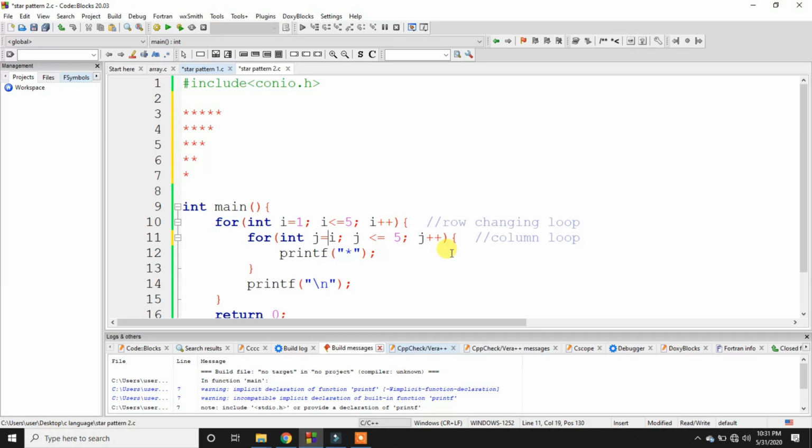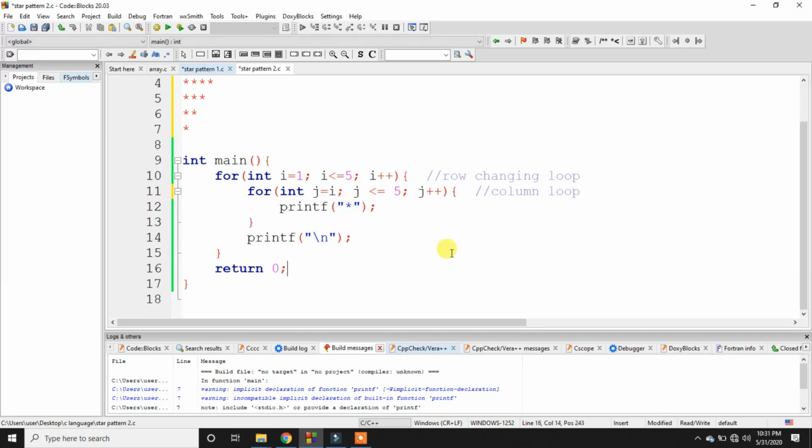After that, we print the star, and after completing this inner for loop we are changing the line. The logic behind this is I am initializing the j value with the i, and it is always true if it is less than or equal to 5.